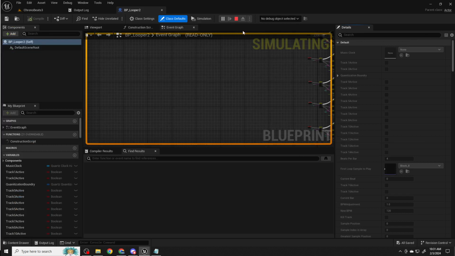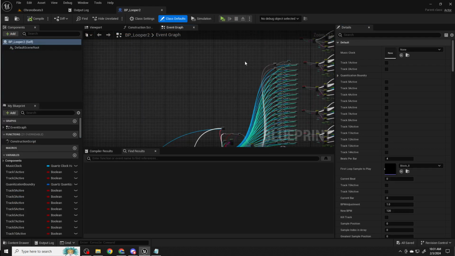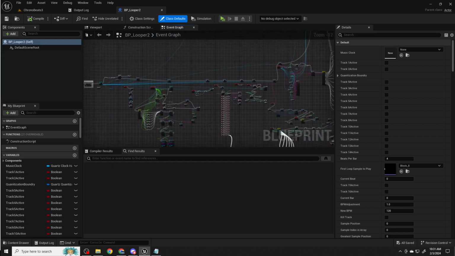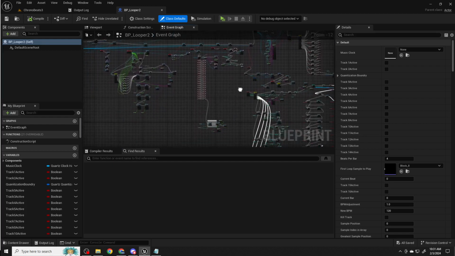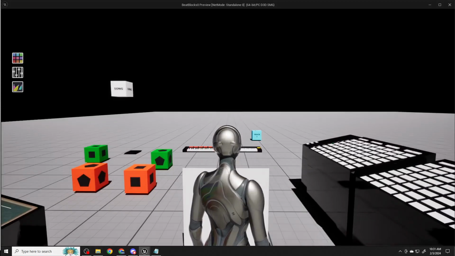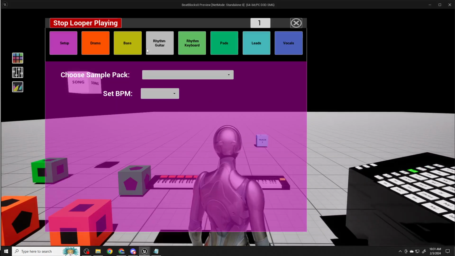So let me stop it. It looks pretty complicated. But the point is that it's got a bunch of active tracks. It's got 42 tracks. One of the things I didn't show, let me go ahead and show it, is you can mix. This is set up so I can do things like a drum machine. So if I go in here and look at that looper and I look at the drums,